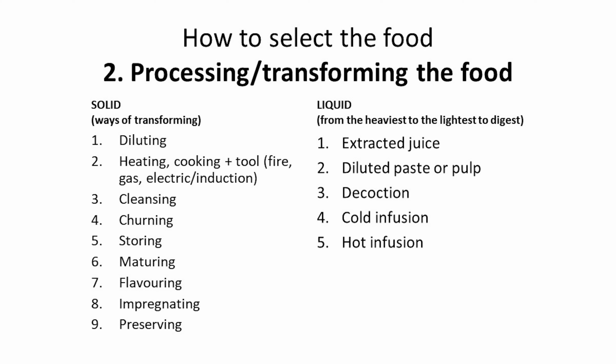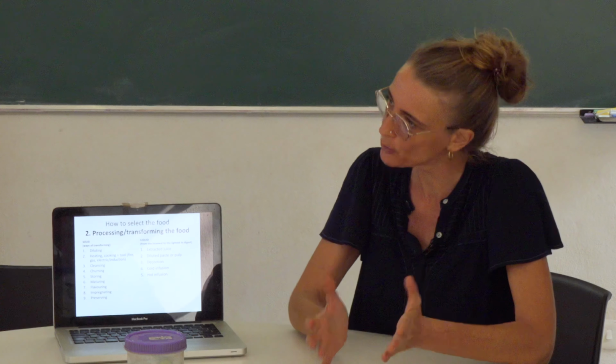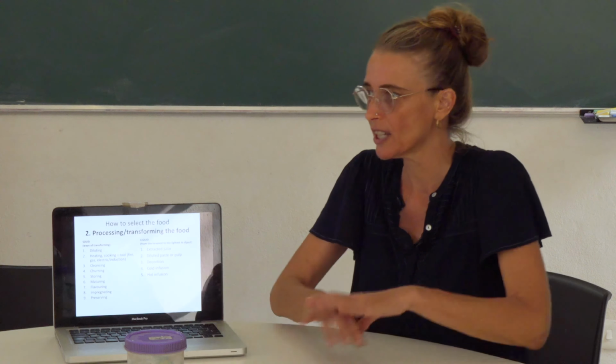Flavoring. So that could be, for example, marinating food. You have some raw food or cooked food, and you leave it with oil and aromatic herbs, and you leave it for some time to make the taste a little bit different. Impregnating. You cut a zucchini, for example, and inside you're going to stuff it, but you want the taste of the aromatic herbs or of the product you use to go into the fibers of the food.